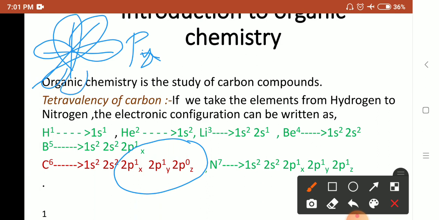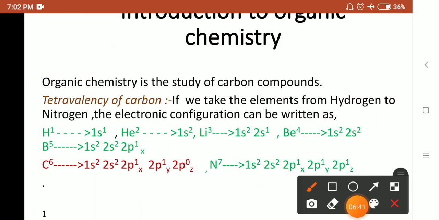But the energy is the same. As these 3 orbitals have the same energy, all the orbitals are filled singly first. Only a single electron goes in each. After completing the pz orbital, the pairing of electrons starts. Here 3 electrons are filled. If there is another electron, then it goes into the px, and it will be px2. That comes in the next element, oxygen. After nitrogen we have oxygen, atomic number 8, where we have the paired electrons in the px orbital.